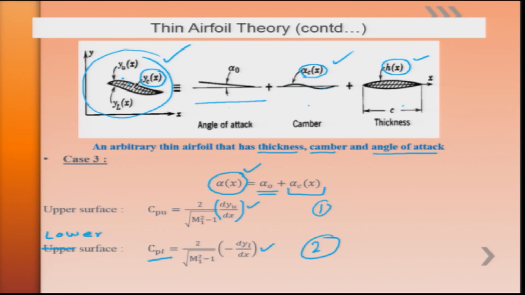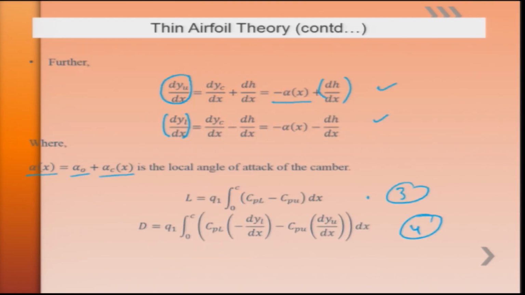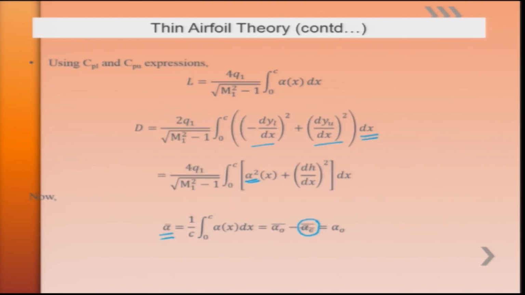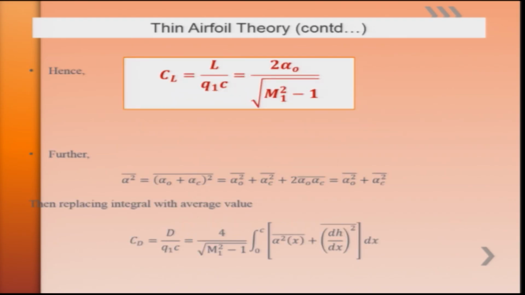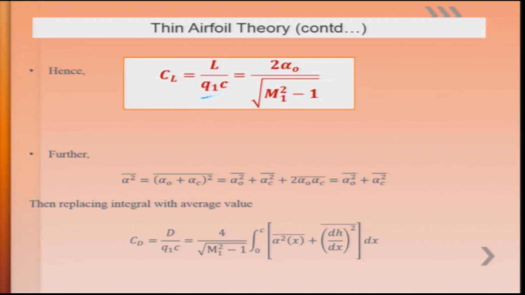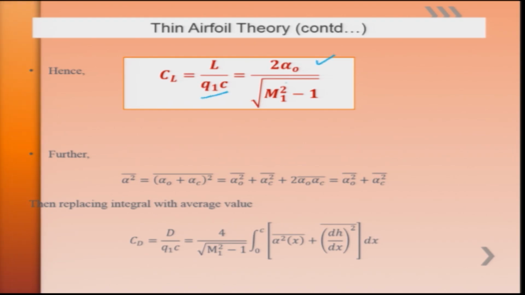Hence the alpha c average will be 0, and that is what is struck out here, and hence alpha bar will be nothing but alpha naught. Hence the CL can be written as L upon q1 c, which is 2 alpha naught over square root of M1 square minus 1 again. Now since the local inclination becomes directly equal to alpha naught,